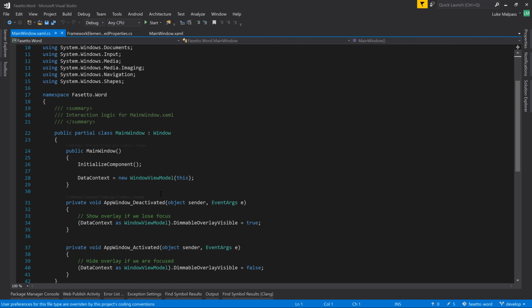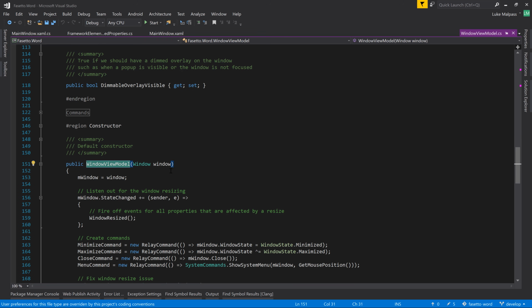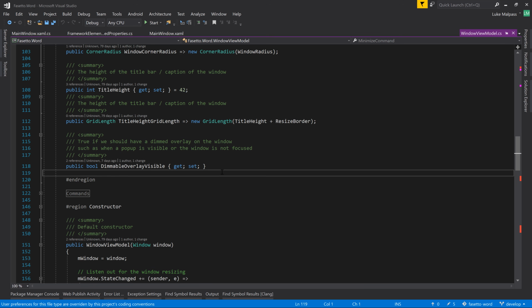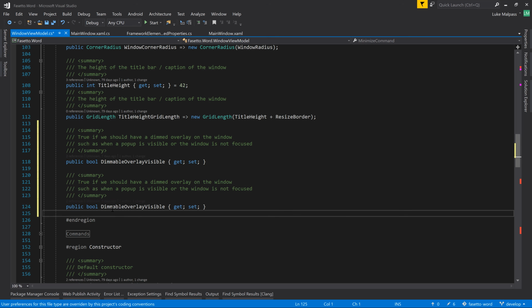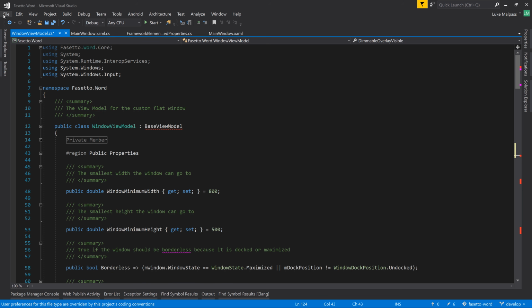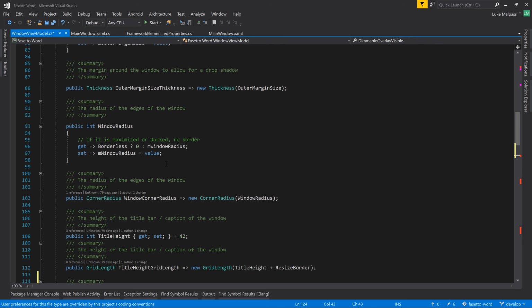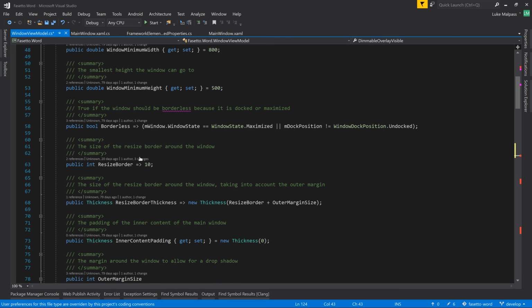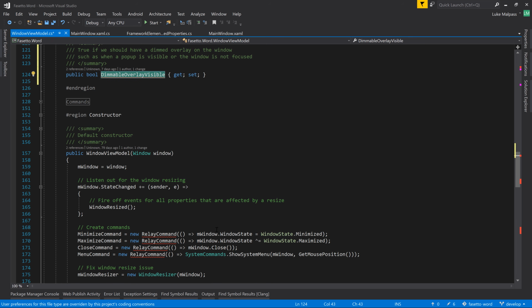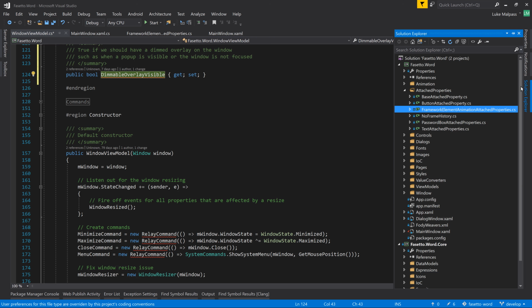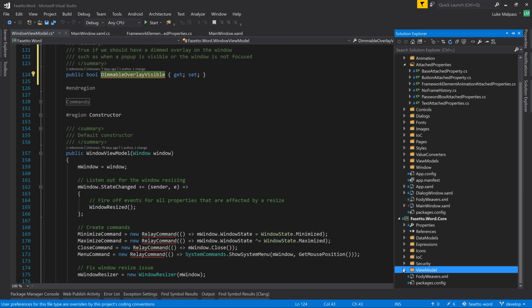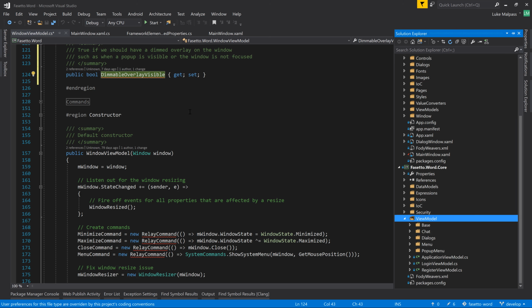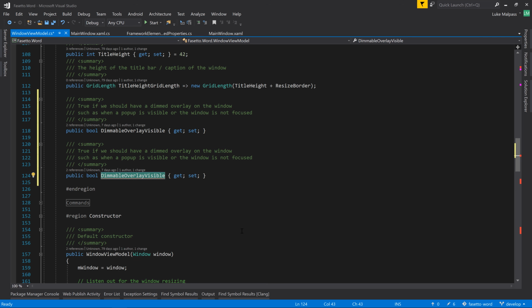Then go to the code behind, go to the window view model. And actually I don't really like it being in the window view model because this is in the top level, it's not in a core, so nothing can change it. So what did we do for dimmable? I guess we did nothing. Do we have an application view model yet? Yeah, application view model. So we'll have a property here to get and set, but all we'll do is bind it to,